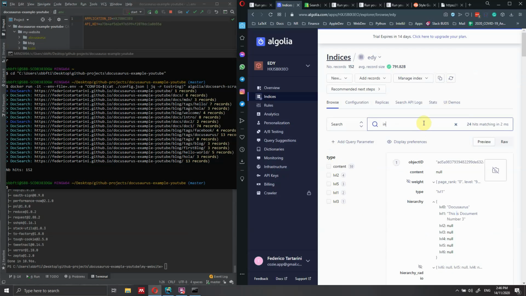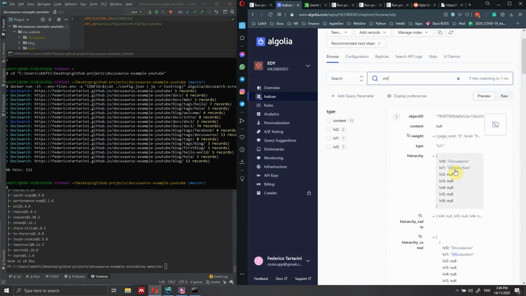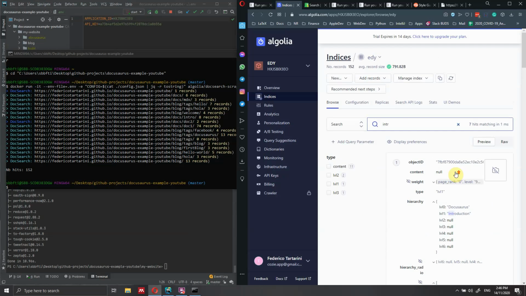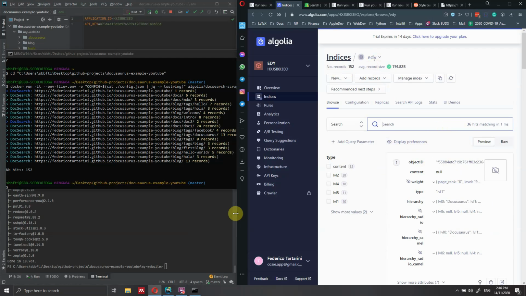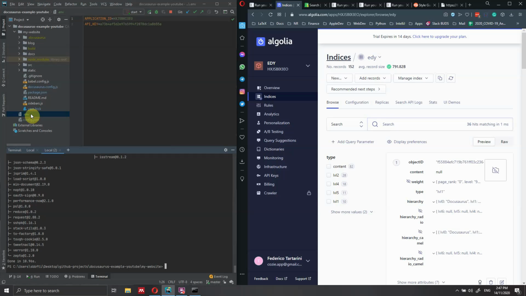Okay, and this is what we are going to get when we do the query. As you can see, if I query for introduction, here I can look for the documents that have introduction in them. So I can search and query through the entries, through the number of records, but you don't have to do anything here. Okay, so let's go back to our documentation,